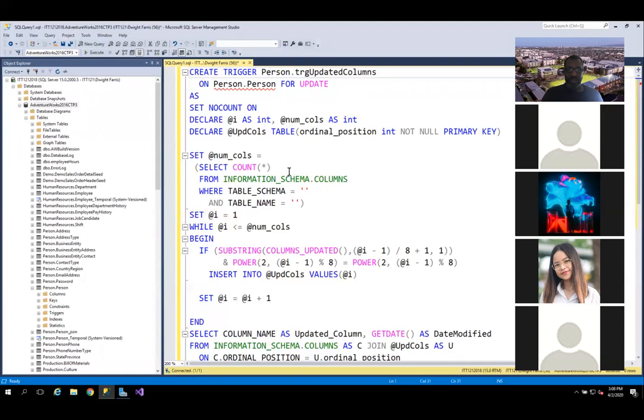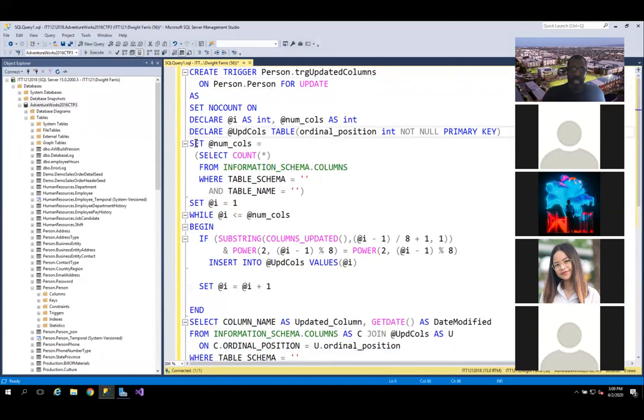But we also need the rest of the trigger. To explain briefly, within this trigger, it's going to go out to this system table and figure out which column has been updated. That's what this INFORMATION_SCHEMA.COLUMNS is. It's just another table, so we need to tell it exactly which schema and table we're looking for. So in your WHERE, table schema is Person and table name is Person, and these are just columns in that table. So you need to edit those two